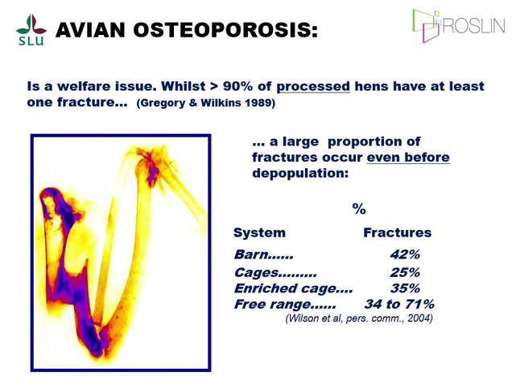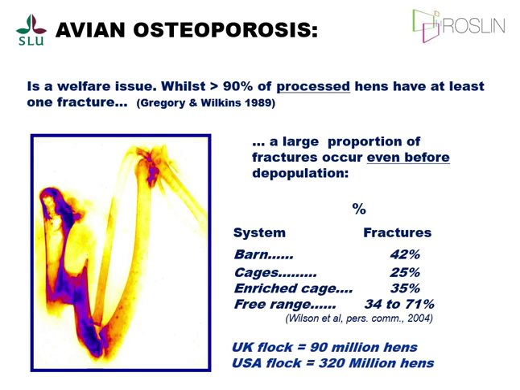What is the interesting bit, and this is probably why we don't hear a lot about this from the NGOs and the welfare organizations, is that it's not specific to any given system. In the free-range system, it's as much of a problem as in the cage system. So it's not unique to the way we keep these animals. But if you think about a UK flock of 90 million hens or a US flock of 320 million hens, you can see this is a considerable welfare problem that we need to take seriously.